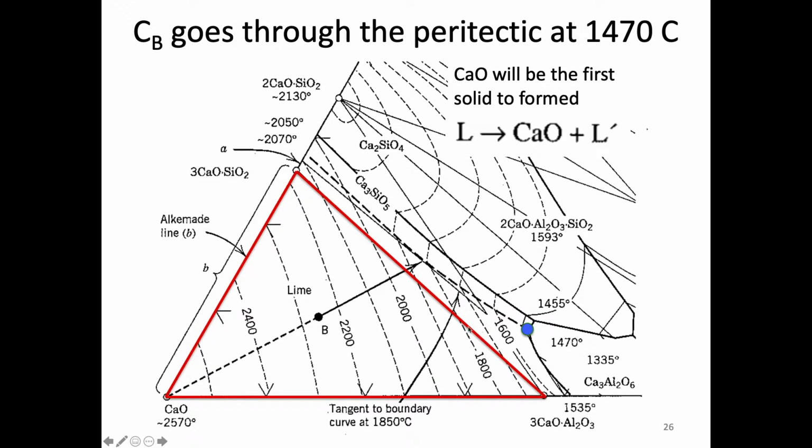And so once this composition heats above the peritectic temperature, we're going to form a liquid outside of the compatibility triangle, and that's what gives us the peritectic reaction. So this all happens at 1470. And so the first thing that's consumed in this case is calcium. So calcium is the first solid,